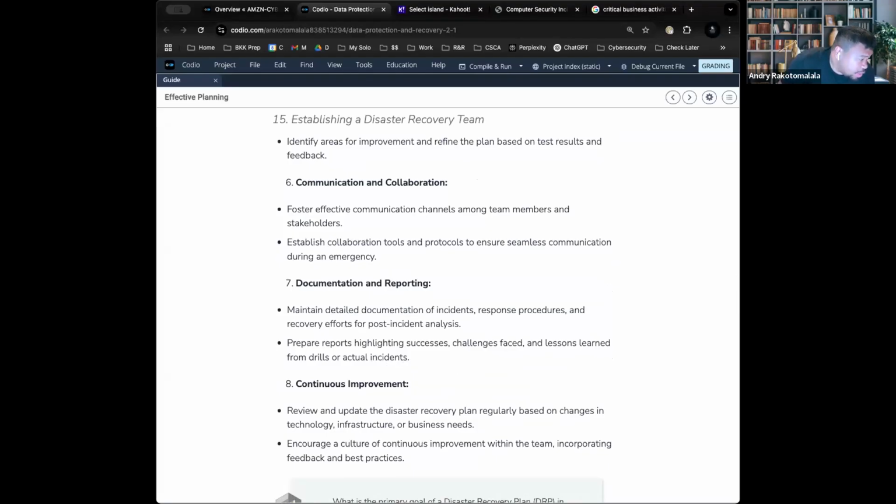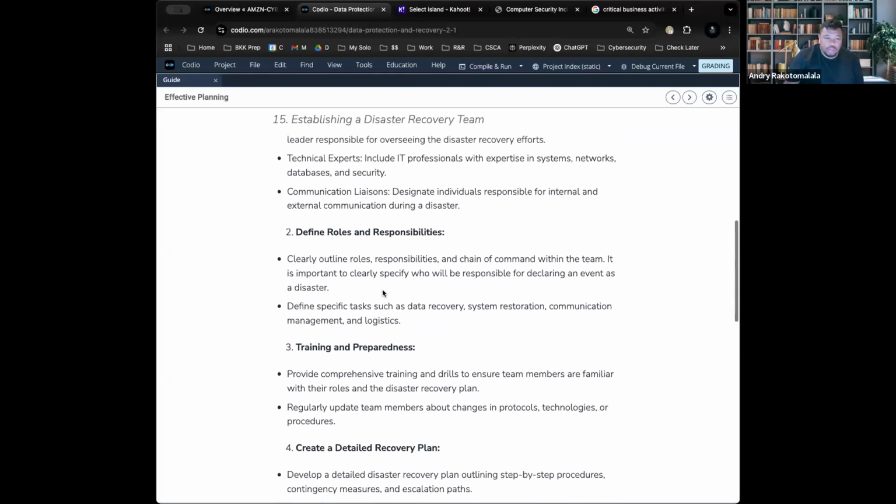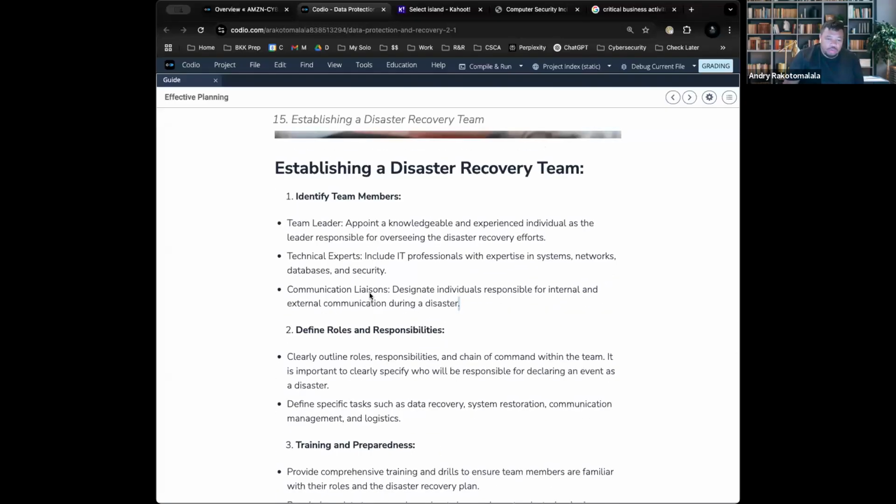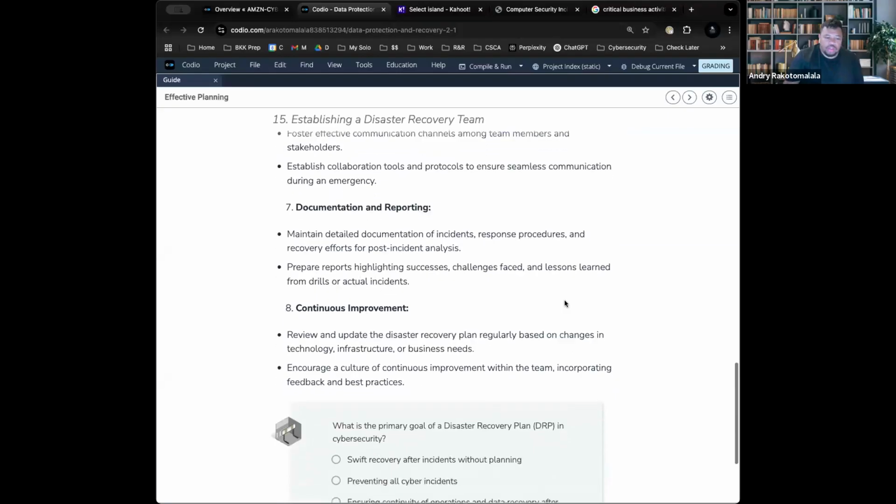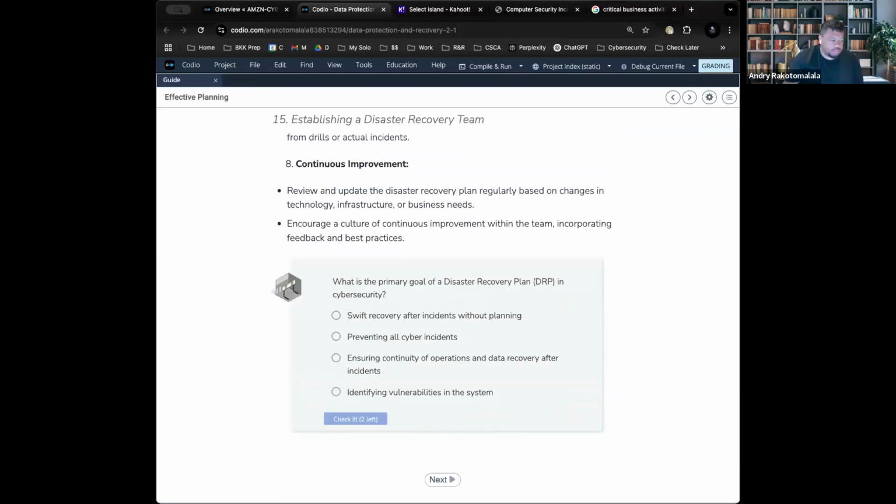Is there any role of change management in this? Just curious. Abdul, that is a great question. It depends on the organization. Each organization is different. More often than not, if you are a big organization, well then your communication liaison would be a project manager or a GRC specialist that would serve as the change manager. Great question. And then continuous improvement.